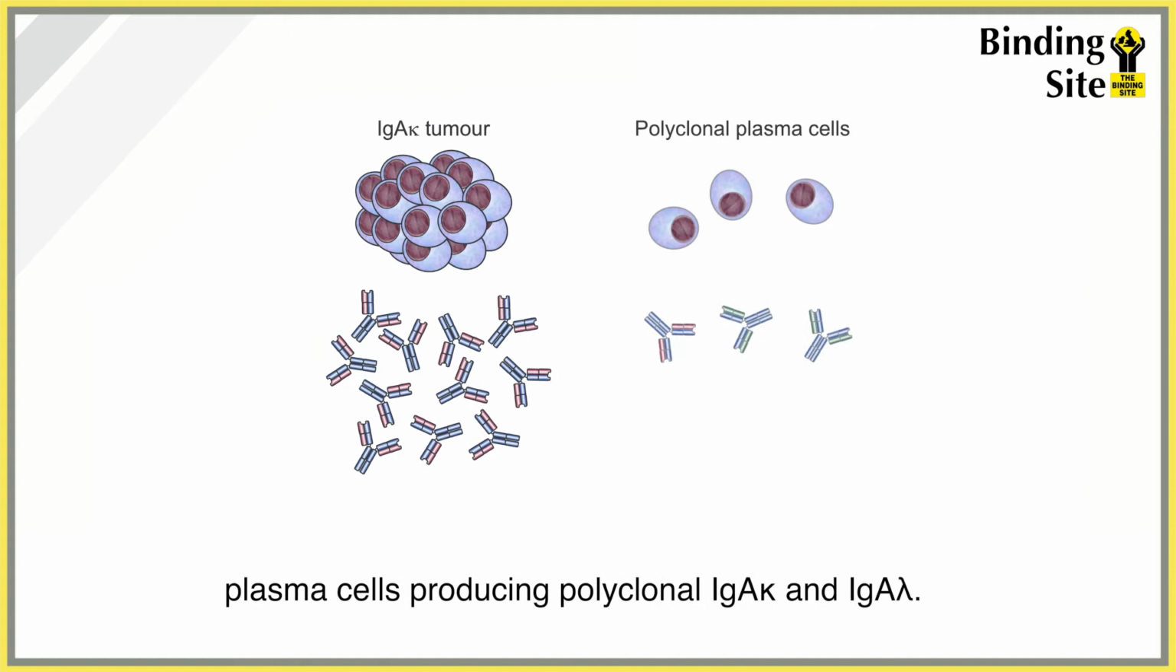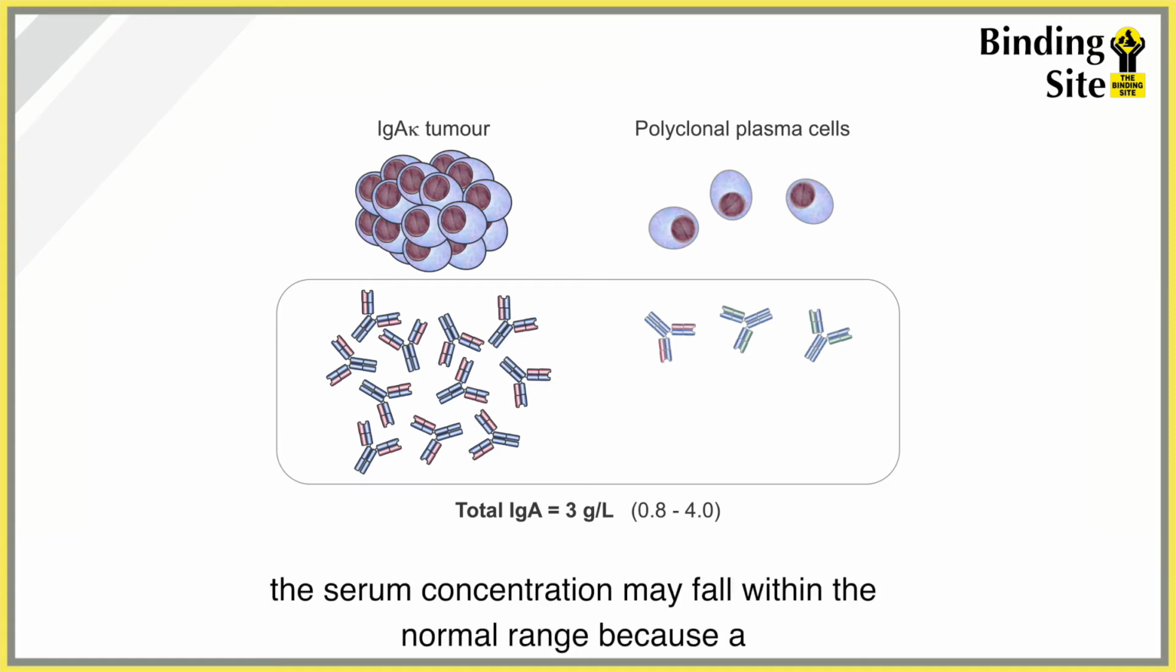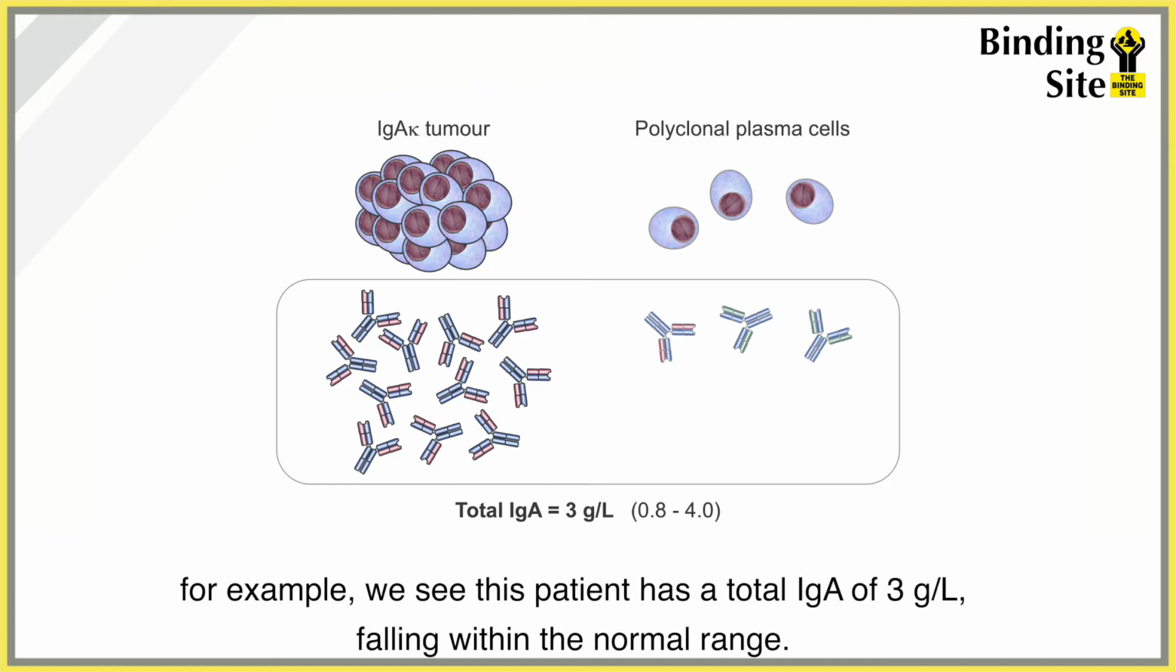kappa and IgA lambda. A total IgA assay quantifies both IgA kappa and IgA lambda together, and in some myeloma patients, the serum concentration may fall within the normal range because a decrease in the uninvolved heavy and light chain masks the rise in the involved. In this example, we see this patient has a total IgA of 3 grams per litre, falling within the normal